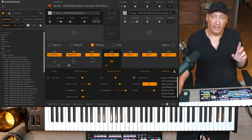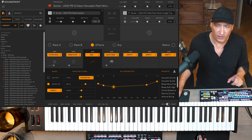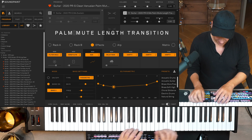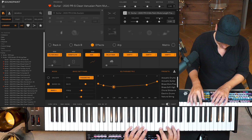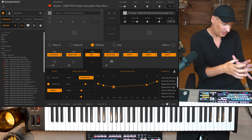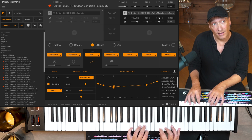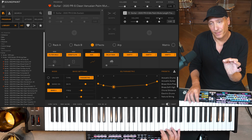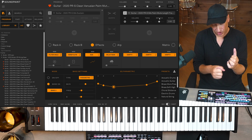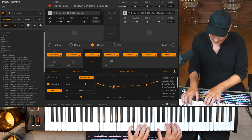And if you notice here, there's a couple of different things going on. I'm going to turn all the effects off here and isolate each instrument. You'll notice over here we have something called palm mute length transition. So these are palm mutes that are going from that very, very short percussive sound and then sort of expanding themselves the harder you play. Like it dies quickly in the beginning, but the harder you play, the longer it gets. But you're still in the region of palm mutes. You combine that together with a sustain,